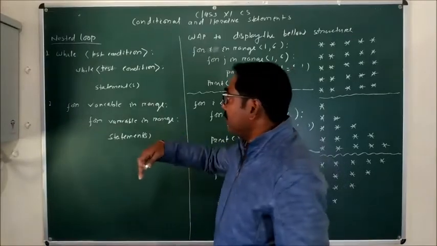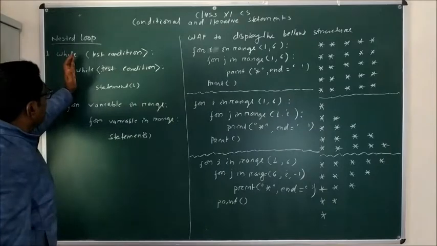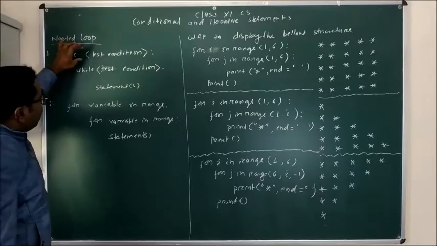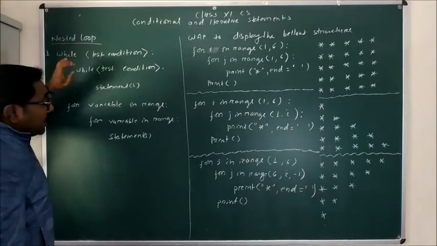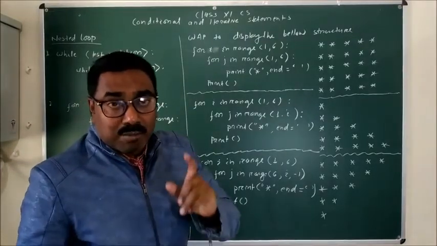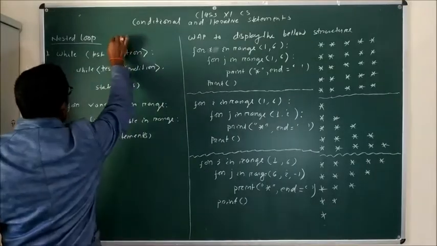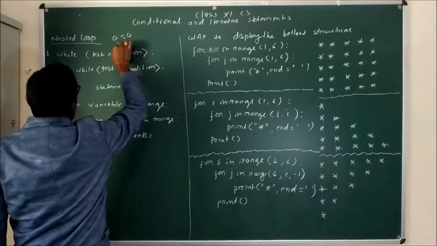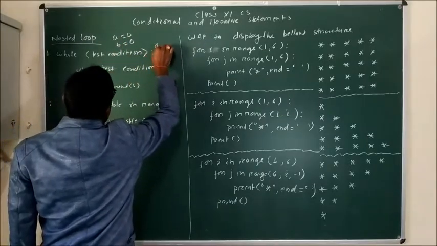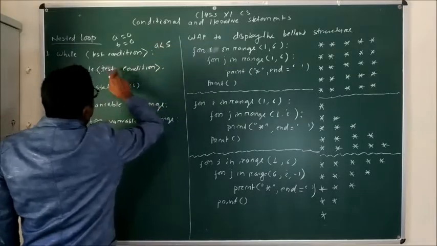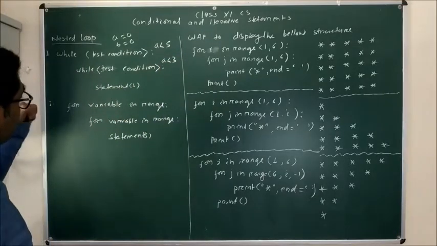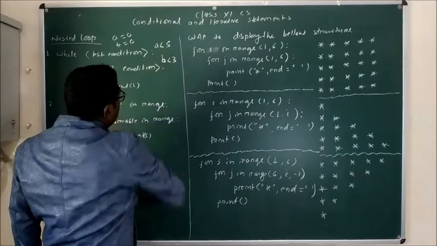And if you note the indentation, the inner loop is written within the outer loop. So at each execution of the first loop, or the outer loop, the inner loop will execute and continue all its executions. For example, suppose we have two values, A equal to 0 and B equal to 0. In the first loop I have written a test condition, A less than 5, and in the second, B less than 3.